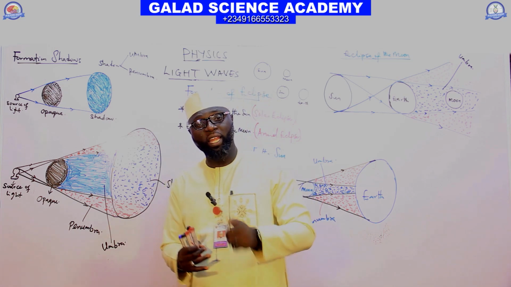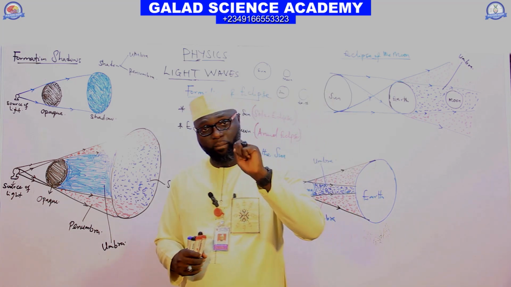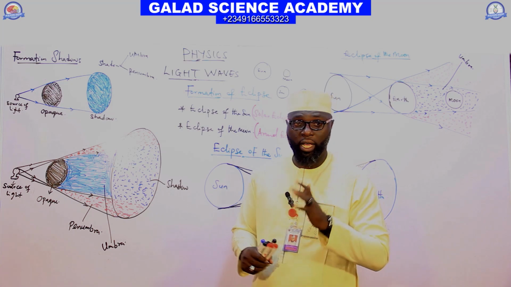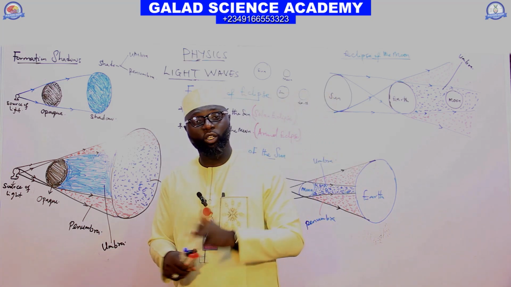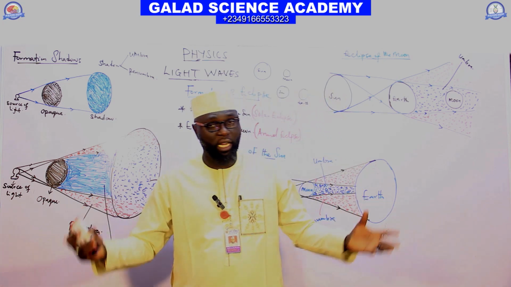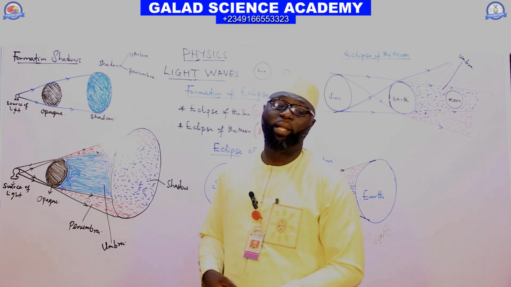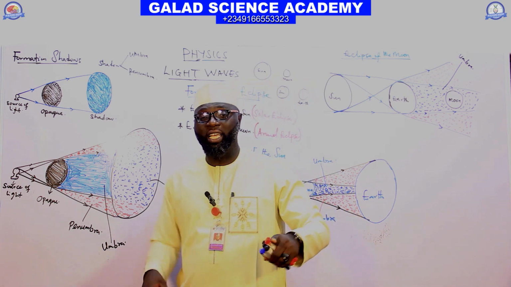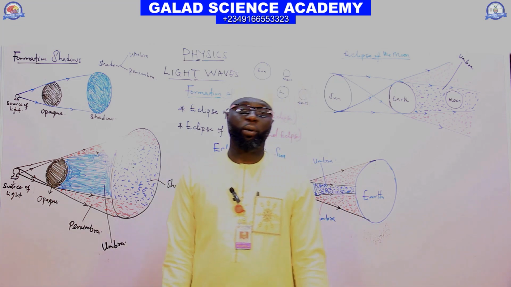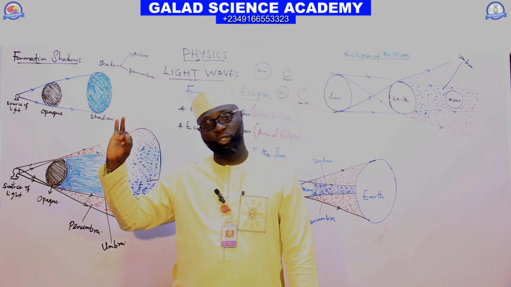I said the parallel can be found in a torch light. Converge can be found in a hand lens that we use in a biological lab. And the third one, diverge light, is one that we see in our electric lamp at home. And from there, we talked about rectilinear propagation of light, the tendency of light to travel in a straight line. It has 3 applications: pinhole camera, formation of shadow, and